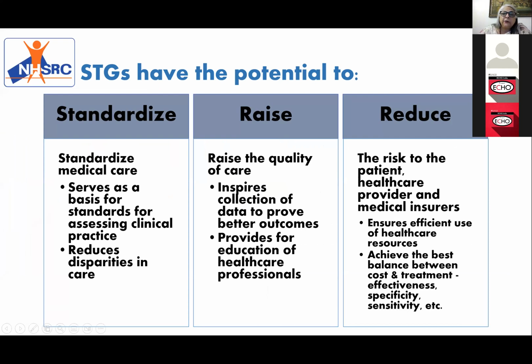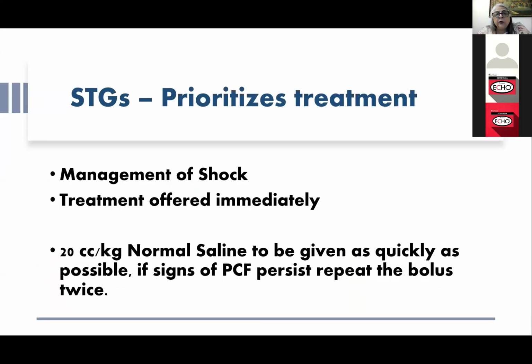So standard treatment guidelines help you in standardizing treatment, raising the quality of care being provided. This is one of the criteria in the NQAS checklist, inputs part. They ask you, how are you ensuring that rational therapy is being followed? It will reduce errors, it will reduce wastage, it will improve the patient's outcome. Simple. Many a time the prioritization of the treatment may be missing. You may be doing the correct treatment, but it is not used in the correct sequence.